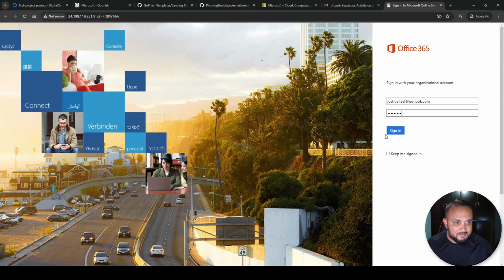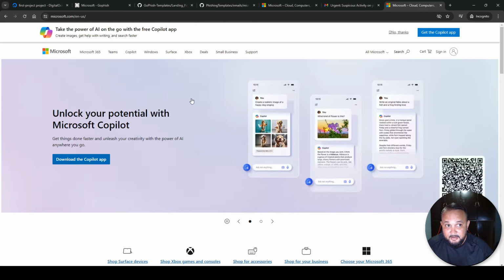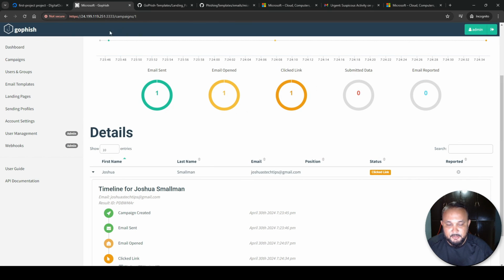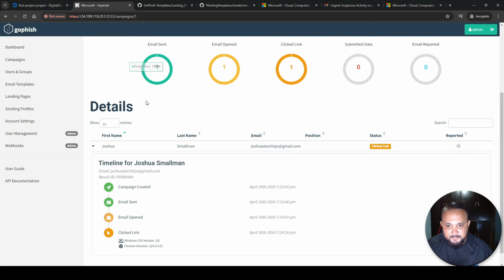Right, so let me hit sign in, and sure enough, it redirected me to the original Microsoft.com site. Right, so I'm none the wiser, to an untrained person. You would think, well, maybe I didn't enter my credentials correctly, and you'd go ahead and probably do it again, right? But let's take a look over to our Gophish server now, and sure enough, here we can see